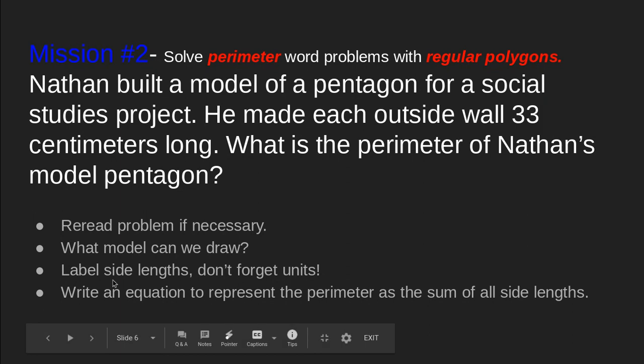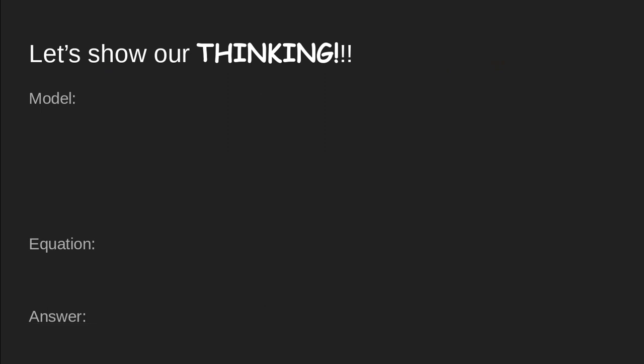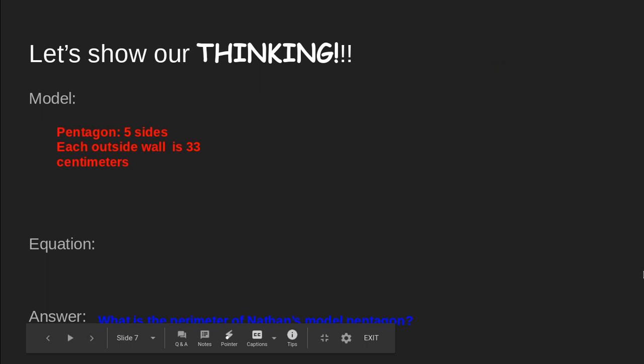Once we have the model, make sure that we label the side lengths, and don't forget to include the units. And write an equation to represent the perimeter as the sum of all side lengths. Let's start thinking. So the question we're trying to answer is, what is the perimeter of Nathan's model pentagon? Okay. Next, we know that a pentagon has 5 sides, and that's the shape that Nathan is using